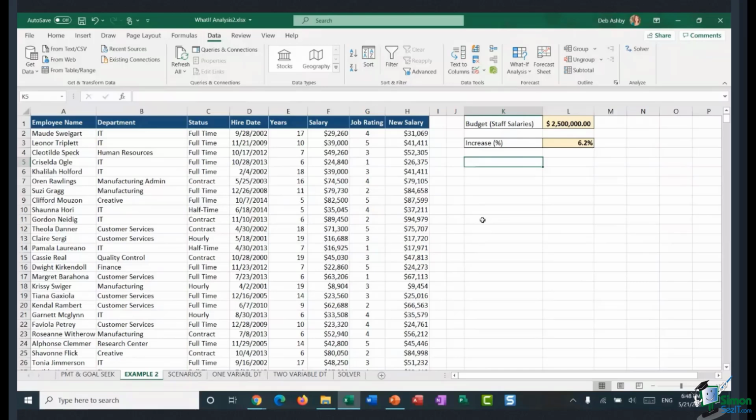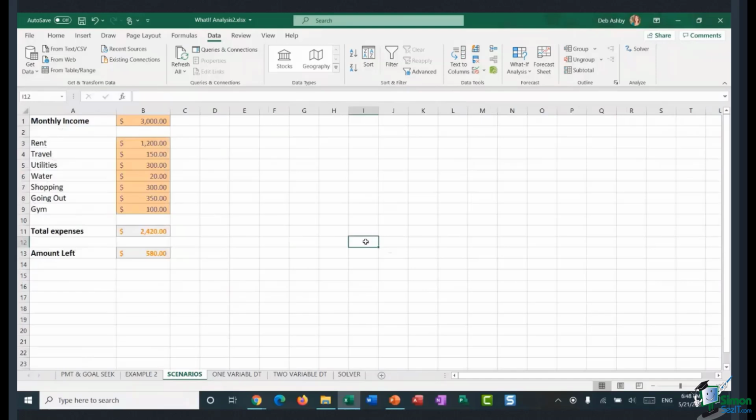Let's move on to our second What-If Analysis tool, which is the Scenario Manager. So we're going to jump across to our next spreadsheet. Now, again, this is a fairly simple example of how you can utilize scenarios, and you can come up with all different weird and wonderful ways to use this. But I think this is probably one of the simplest ways of explaining it to you. Now, scenarios help us show what our values look like under different conditions, or in essentially different scenarios. So it helps you visualize what your numbers are going to look like if a certain scenario occurs.